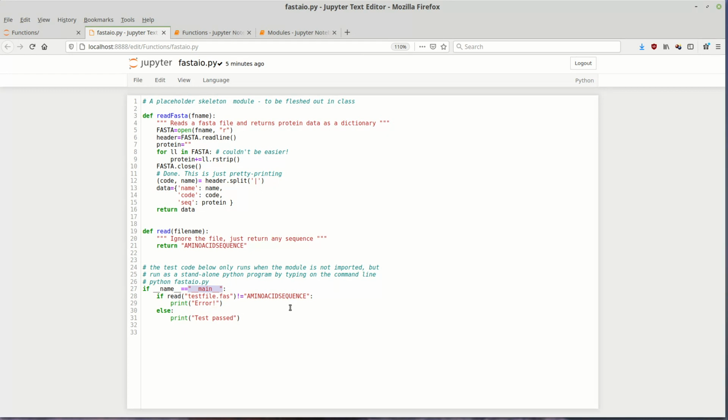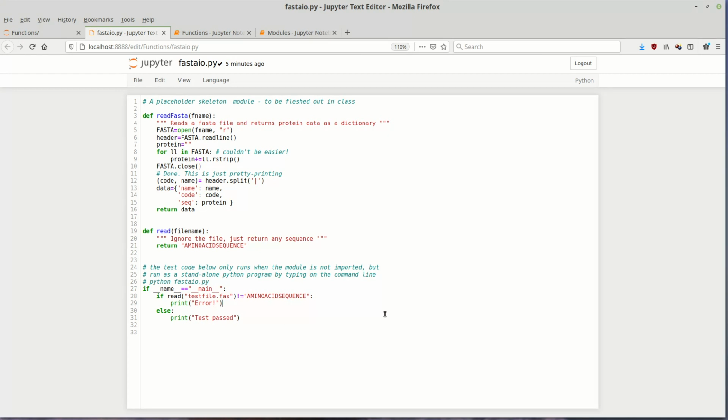So in this simple example, here is some test code that we may use to check out the read function. Now this is a very silly function that just returns the same string every time. It's slightly easier to test than the read FASTA function because it does not assume that we actually have a file there with the protein. So this works even if you've only downloaded this single file to your local machine. As you see, the test code checks whether the call to read would return the appropriate value, which is, amino acid sequence. And if this is not the case, it will just print an error message,